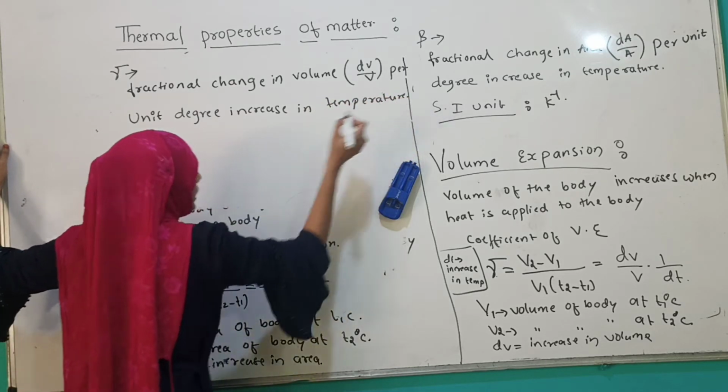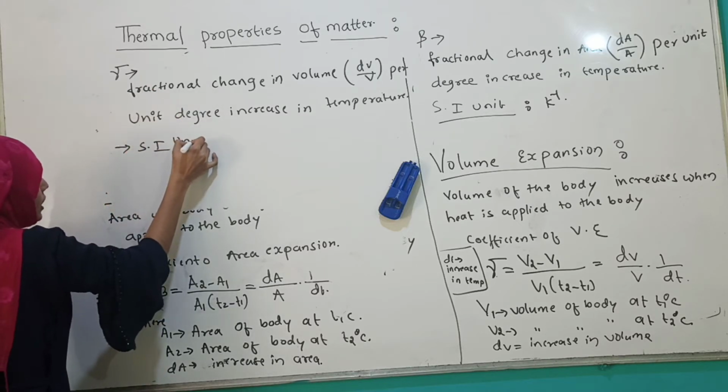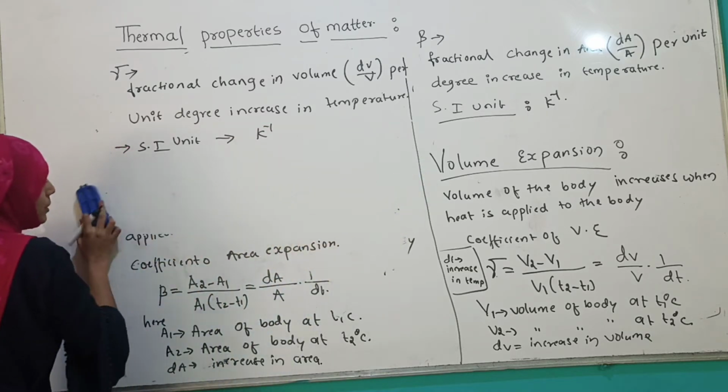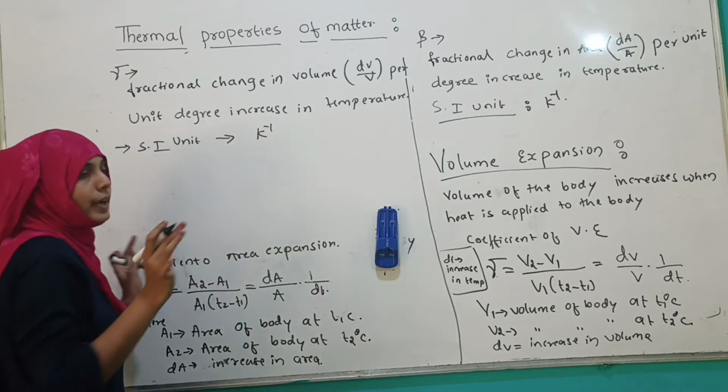And the SI unit for gamma is per Kelvin, and the relation between the linear, area and volume expansion